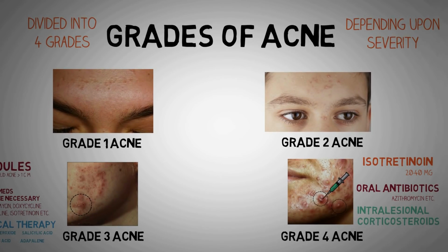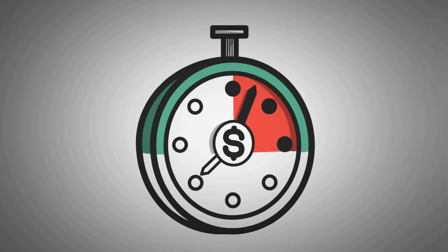Now let's look at some of the best lifestyle changes and at-home remedies that you can do, and that will help you to decrease the severity of your acne, reduce the number of outbreaks, and if you're taking medicines for acne, these lifestyle changes will definitely improve your results of the medication. And the first one of them being your diet.